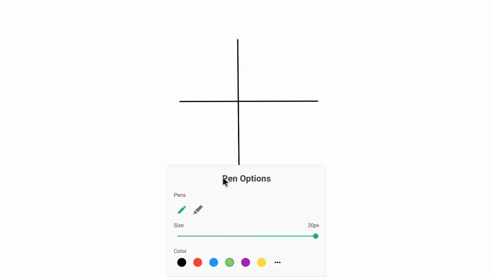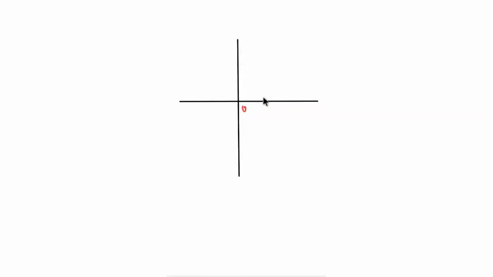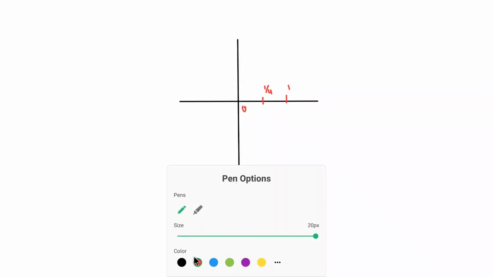Only 2 points I got to know. The vertical tangent will be at x is equal to 0, and we have a local minimum at x is equal to 1 by 4. So let me plot that. x is equal to 0, x is equal to 1 by 4, and x is 1, and this is how we can draw the graph basically.